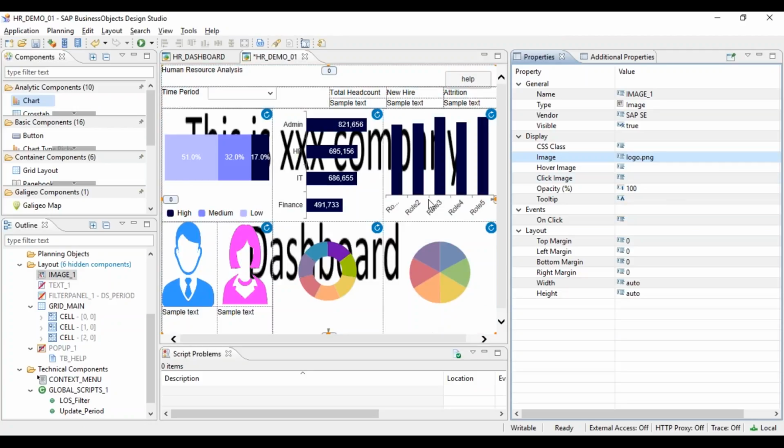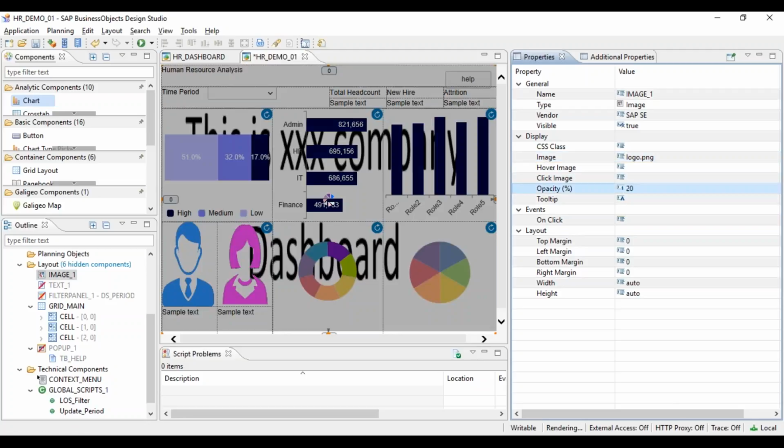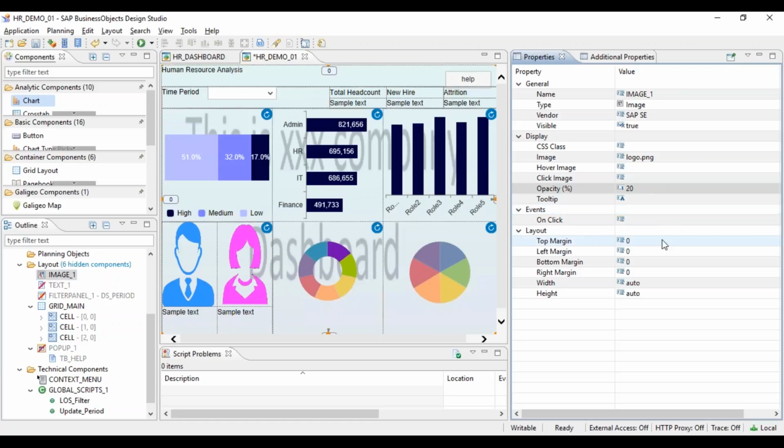This is your watermark basically, right? It is covering, so you can control its opacity. So instead of 100, you can say okay, 20% only is visible. So now it goes behind. Instead of 20, you can say 10% or something. So this will give you a feeling of a watermark. You can put any message there or any image as a watermark.